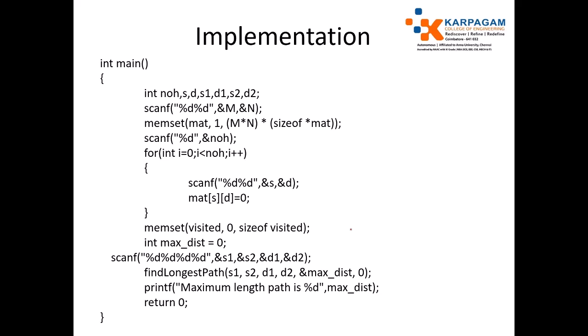Next, we define a main function which accesses the number of rows and number of columns, which is mentioned here. And we have to set all the matrix values to 1. Then you get the number of hurdles value. By using the memset function, we can do that. You can set all the matrix values to 1. Next you have to get the number of hurdles. Now set the particular i comma j location to 0.